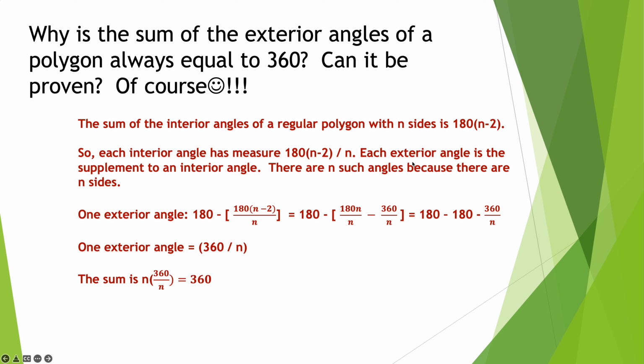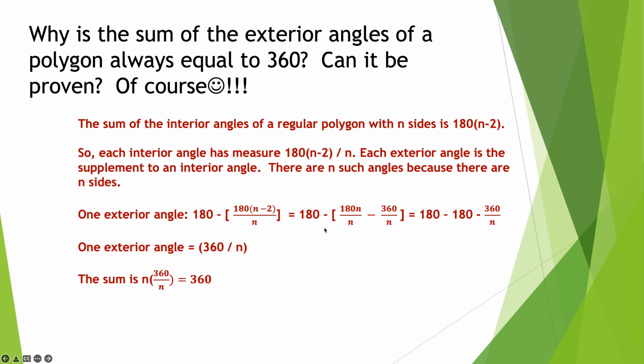So here's the proof of how you do it. The sum of the measure of the angles of a regular polygon on the interior is 180 times n minus 2. So each interior angle is 180 times n minus 2, and the individual angle you have to divide by n. Each exterior angle is the supplement to the interior angle. There are n such angles because there are n sides. So if I do a little algebra here, one exterior angle is 180 minus 180 times n minus 2 over n,